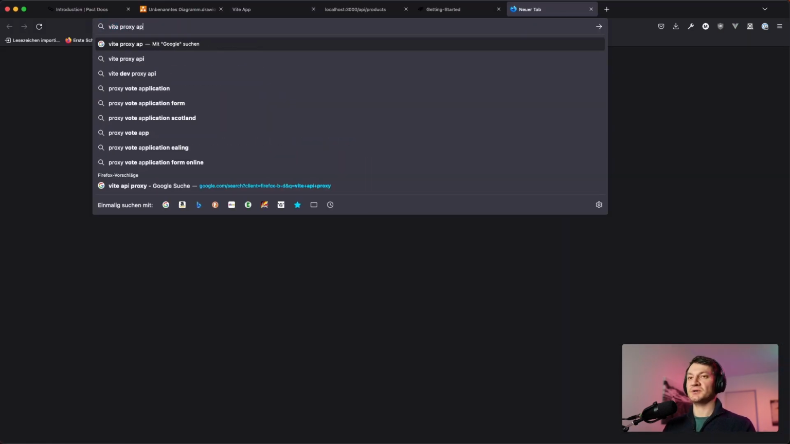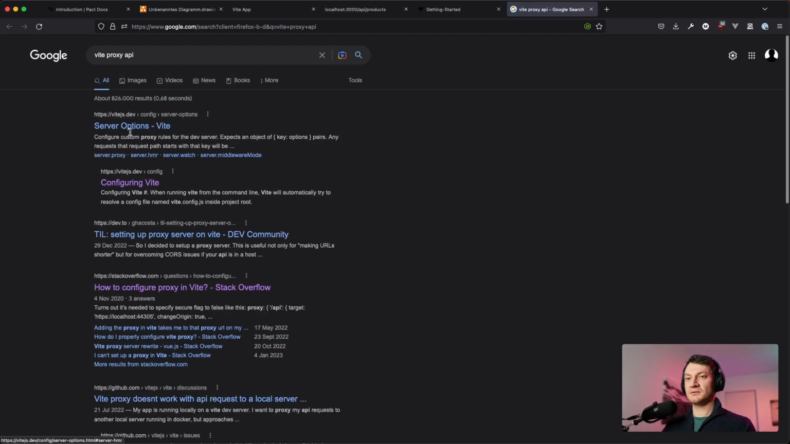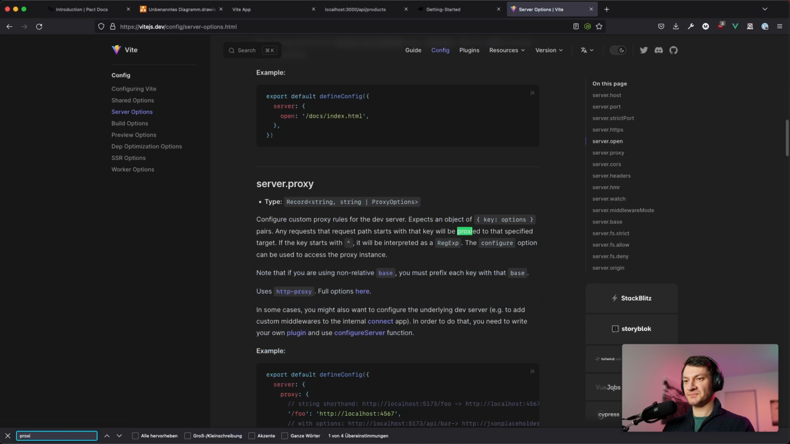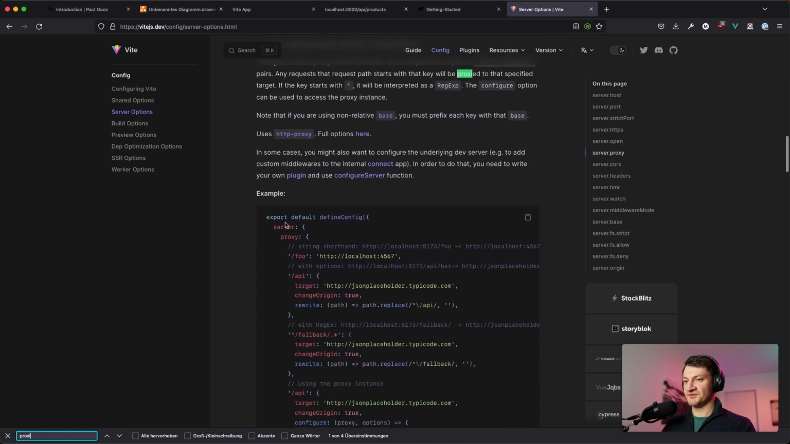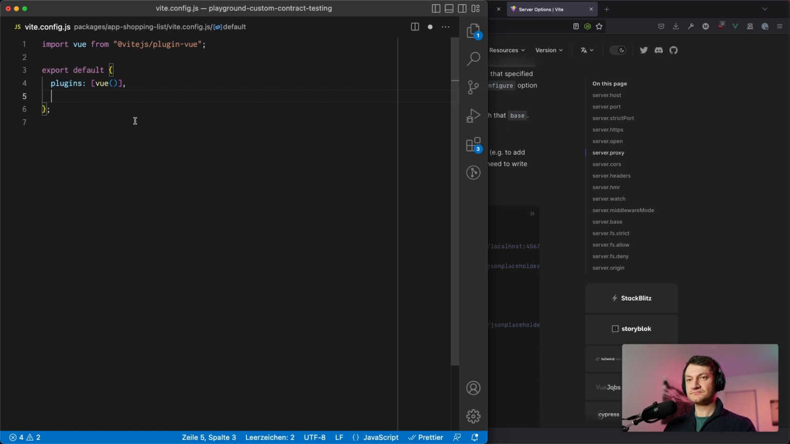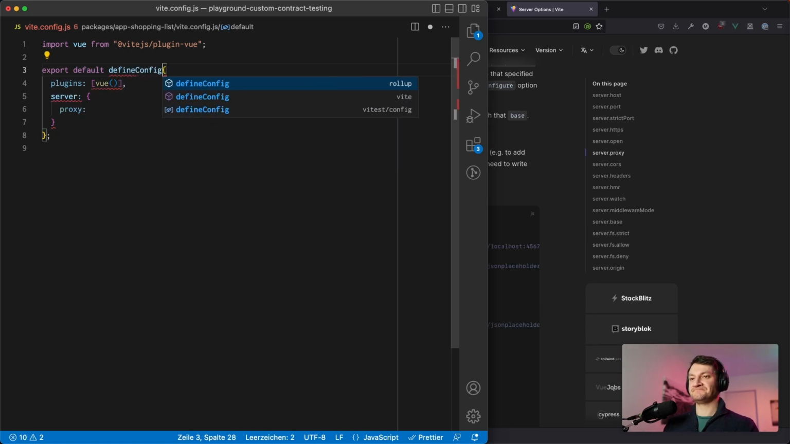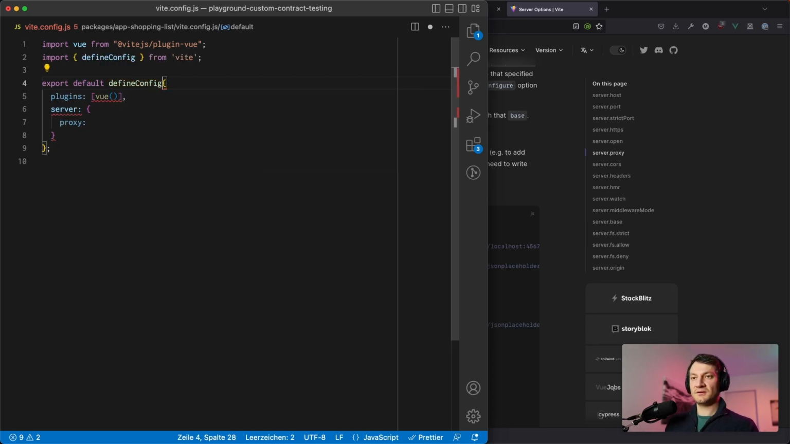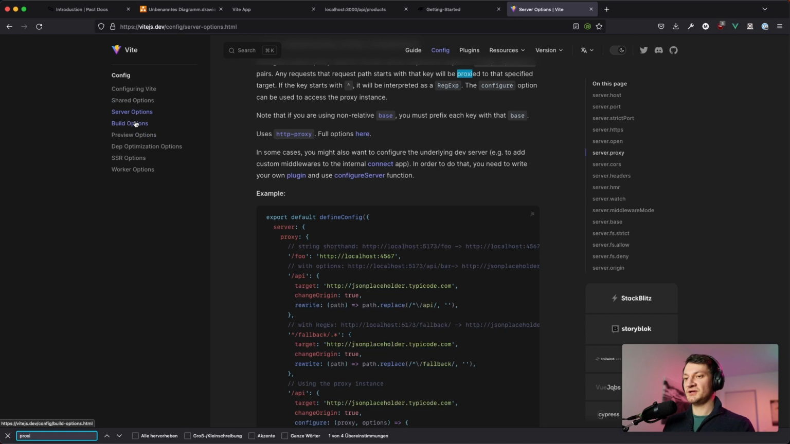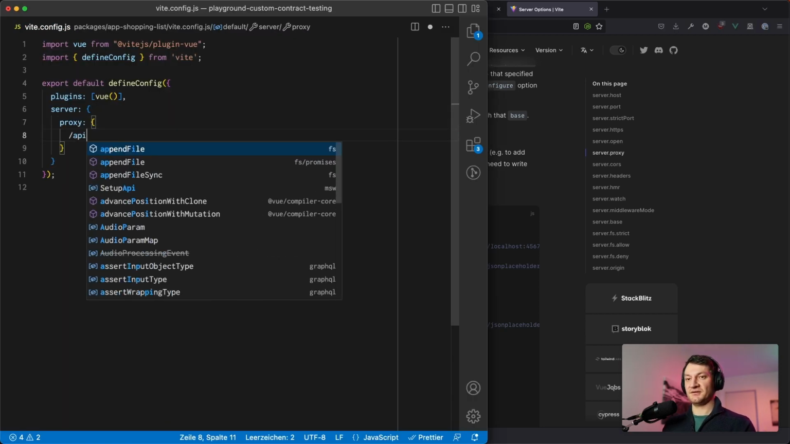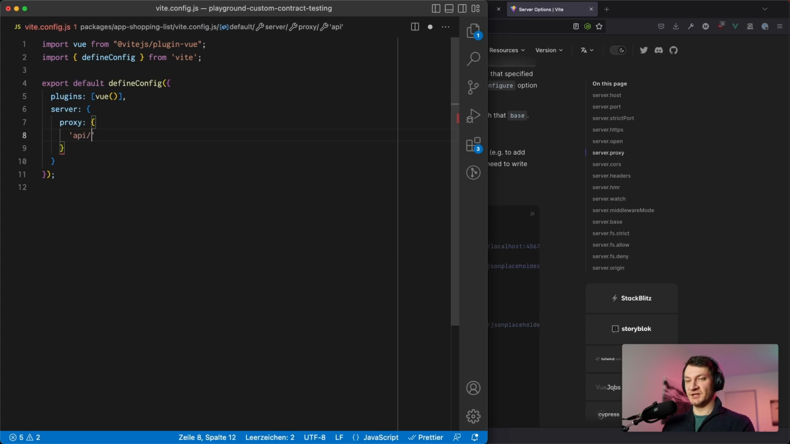Vite proxy API. Yeah, it's under the server. Okay. Server proxy. We don't have defineConfig, so we don't get type hints, which is annoying. So proxy is an object again, and here we can see API products. We proxy it to,